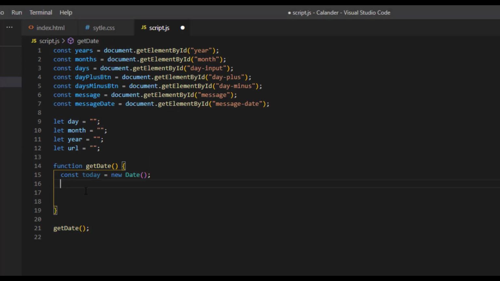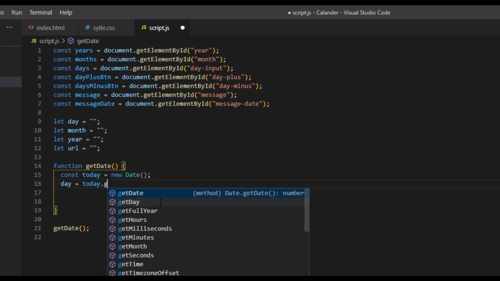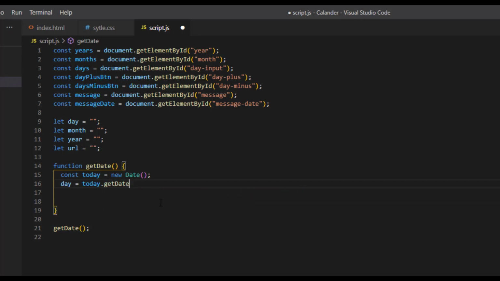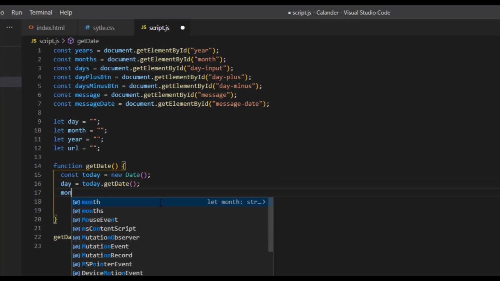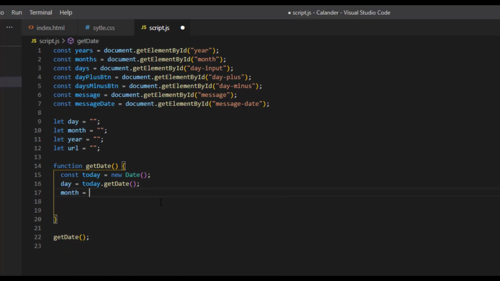Okay, so we need to set our day, month and year variables then, so we're going to say day is equal to today.getDate, the month is going to be equal to today.getMonth,